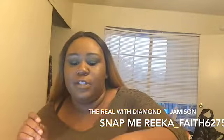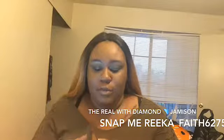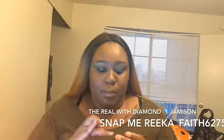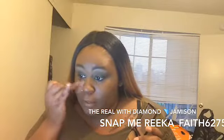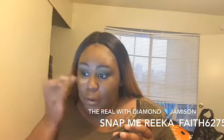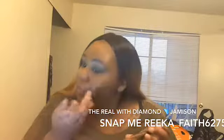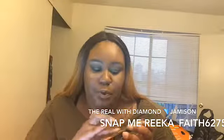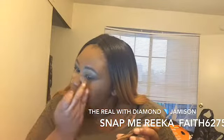For concealer today, I'm going to use something different. I'm going to use my MAC little contour thing. And I haven't used this in quite some time. But I'm going to go in with the first shade. I'm going to use my finger. And then I'm going to use a little bit of the yellow too. Or no, actually, I'm going to use my Tarte Shape Tape probably. I haven't used it. I bought this and I don't know how much it retails for. I think it was like $20 or $30. I can't remember, but